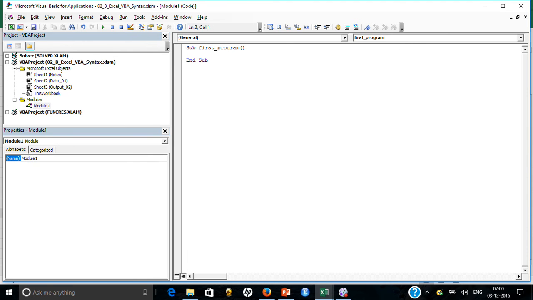And now let me show you how you define a variable. Let's say I'm saying Dim. Dim means you're defining a variable, and let's say I'm saying i as integer. If you look, you have many types of variable available. Let's say I want to define nm as, and you look at what is available. You have many things, but I'll tell you some of the most important ones you'll be using more commonly.